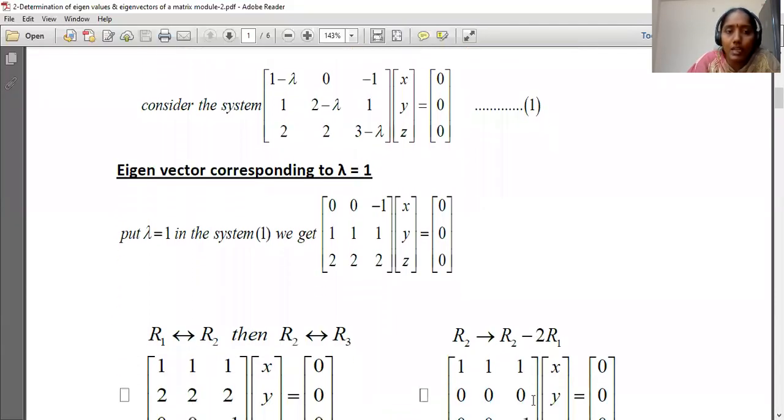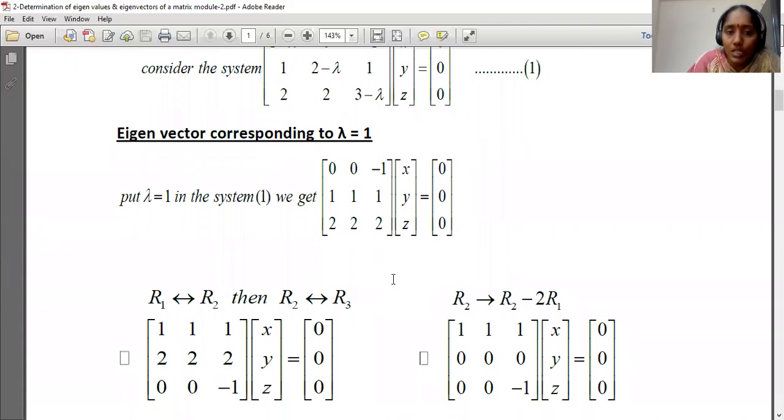If we put lambda equals 1 in this system, we get the matrix 0, 0, minus 1; 1, 1, 1; 2, 2, 2 times x, y, z equals 0, 0, 0. Using elementary transformations, because a11 is 0, we interchange the rows and convert it into row echelon form or upper triangular matrix. We interchange R1 and R2, and R2 and R3. Then it becomes